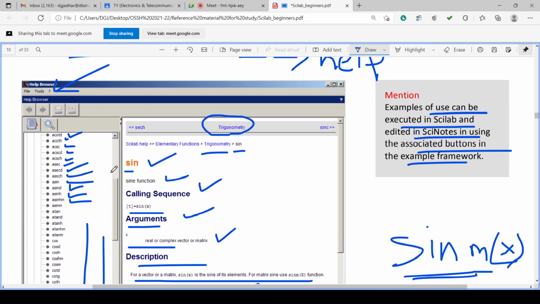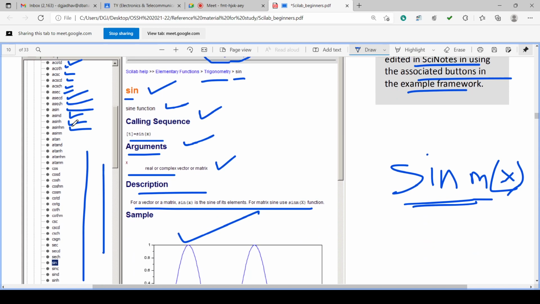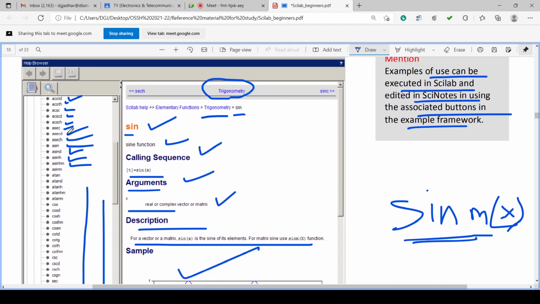Once the help window is open, you can search for any keyword, any function, any command. How to search? Under search, you can click this option and type the command, or you can search by moving this slider over these commands.